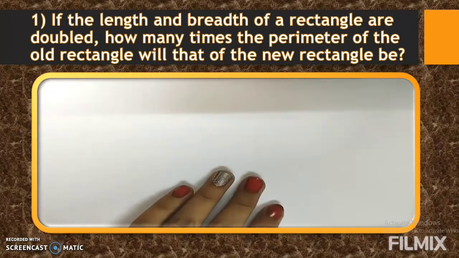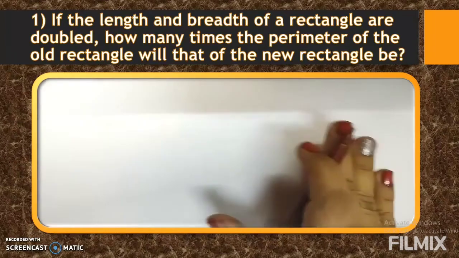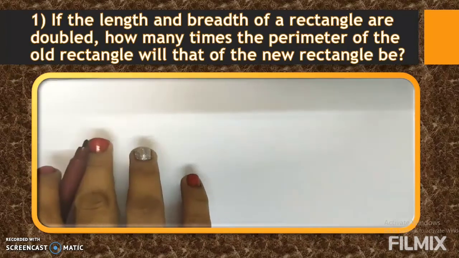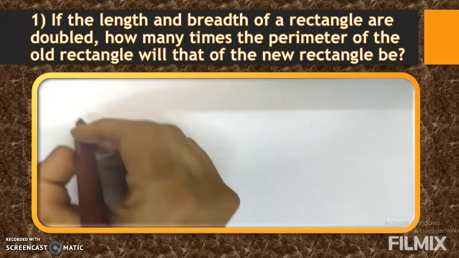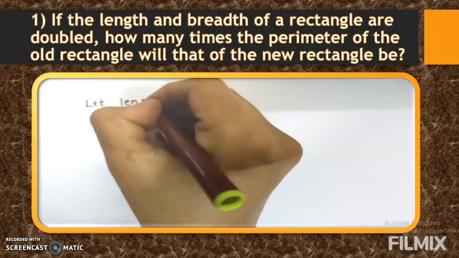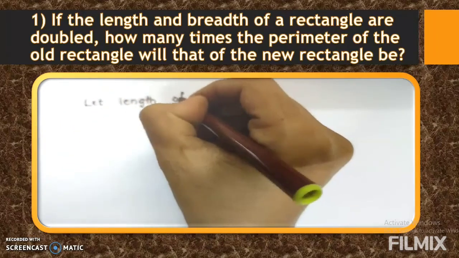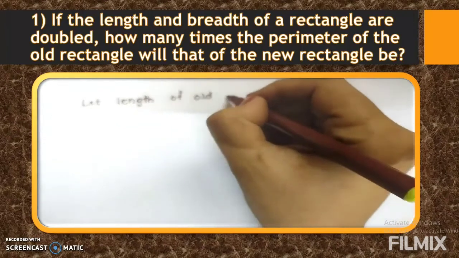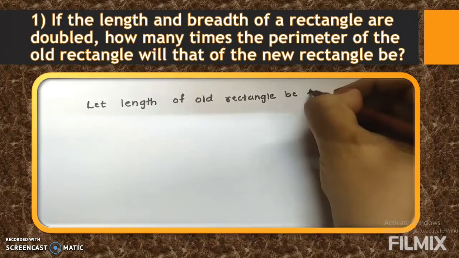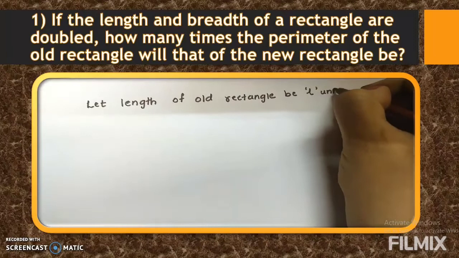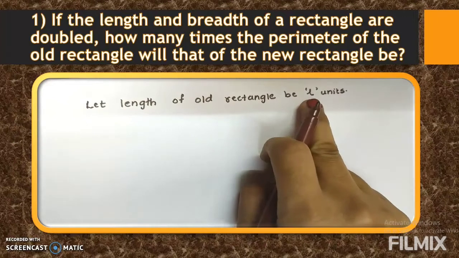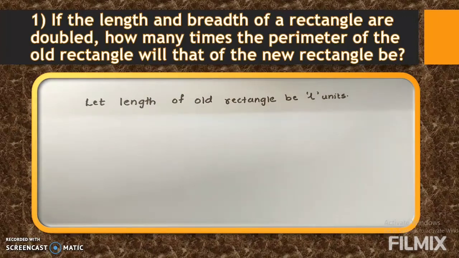So two rectangles we have. So we'll consider one old rectangle and one new rectangle. So as rectangle has length and breadth, so we will consider some length and breadth of the rectangle. So we'll write, let length of old rectangle be. Now as it is length, so we are considering it as L units. So as we considered length of old rectangle L, in the same way we will consider the breadth of old